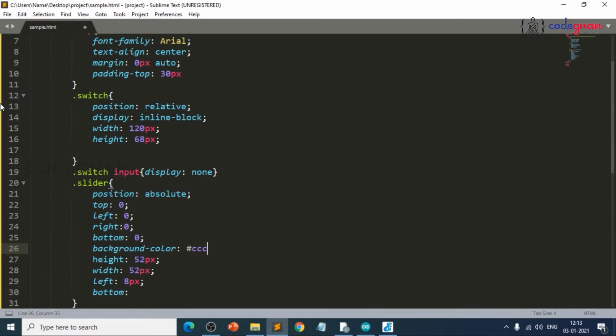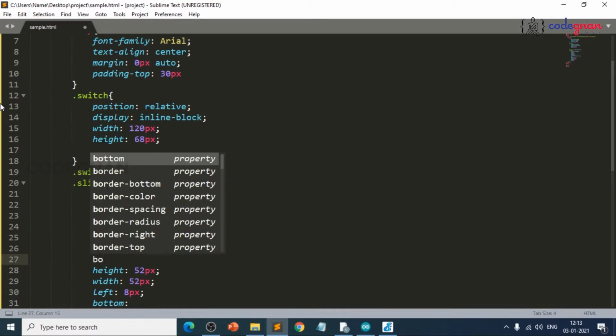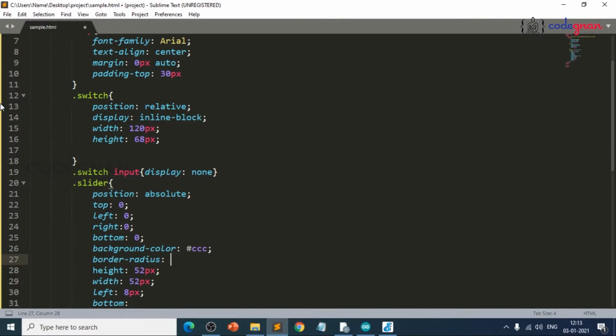These are the color codings. And border, we should maintain the border also. Border radius equals to 34 pixel, and this one here.